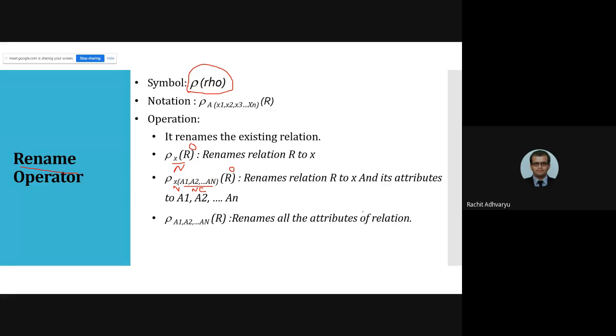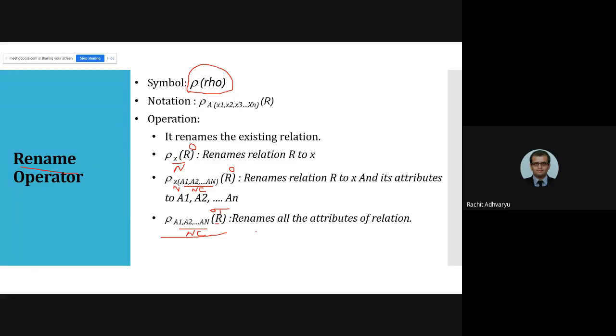If you want to change only the column names of the existing table, not create a new table, you can use this particular syntax. You provide the new column names for each column of the old table, and we deal with only the old table. So you can change the table name, you can change the table name along with the column names, and you can change the column names of the existing table without changing its name. So there are 3 ways you can rename a particular table and its schema.